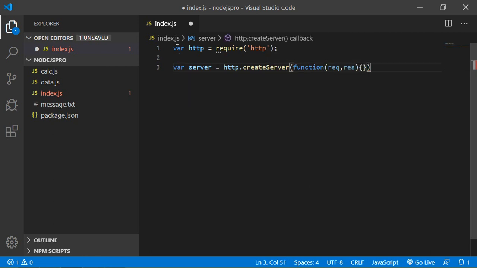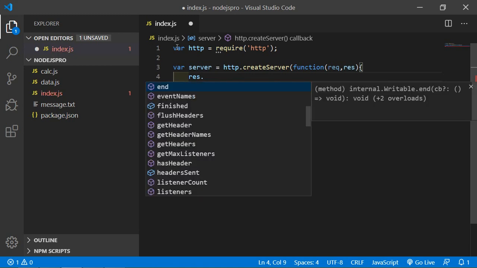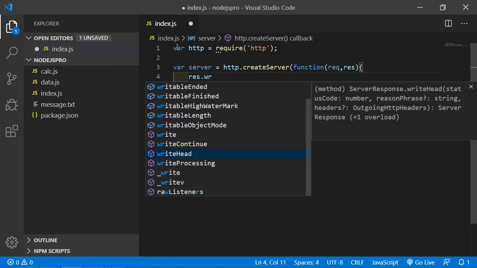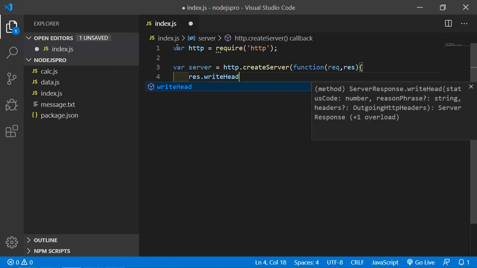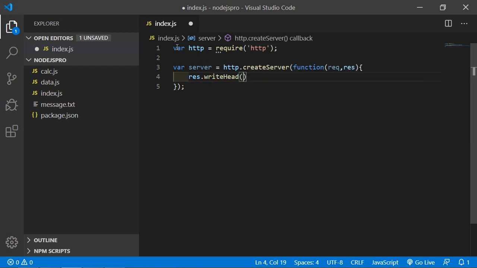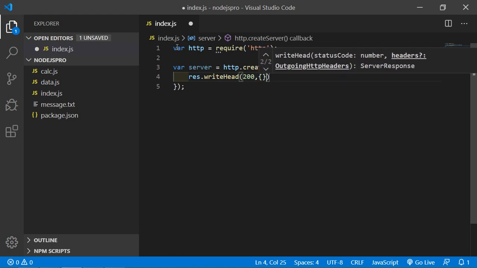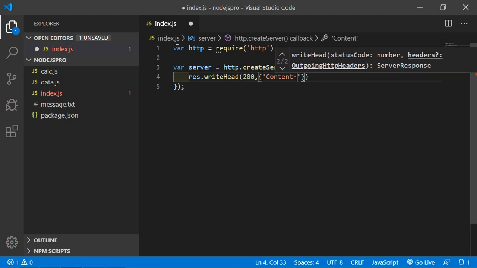Okay, and inside this callback function, just write here response.writeHead and just pass here 200 and content type text plain. Okay,